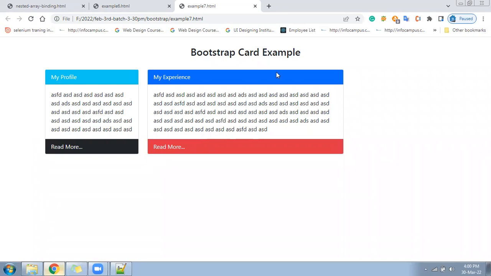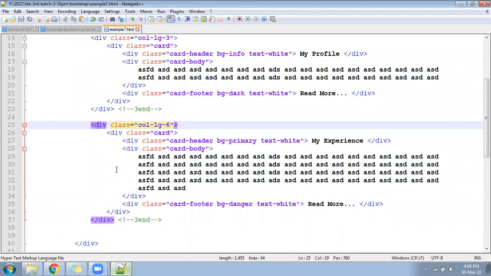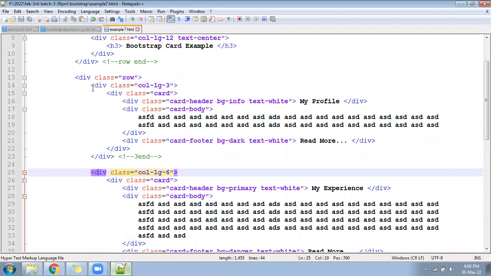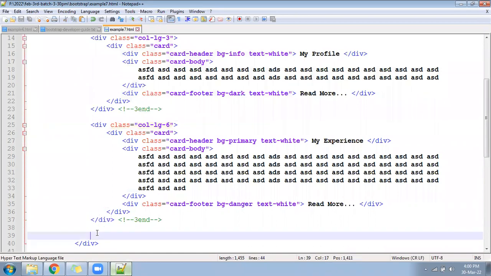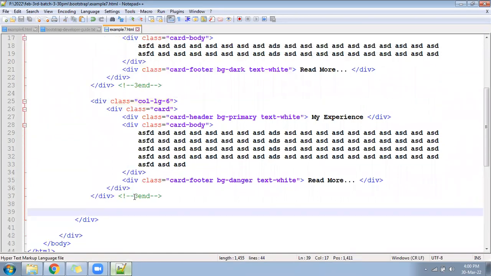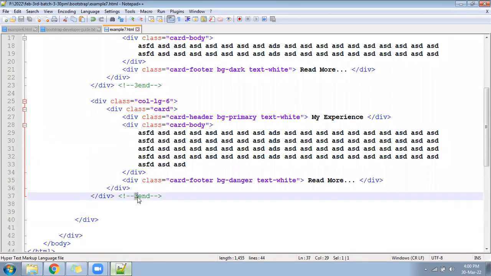Create one more 3: copy the first 3 and paste it after the 6. The card class will remain the same; only the color combination will change.